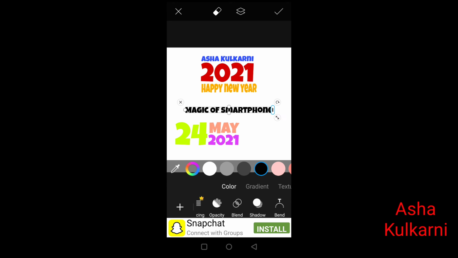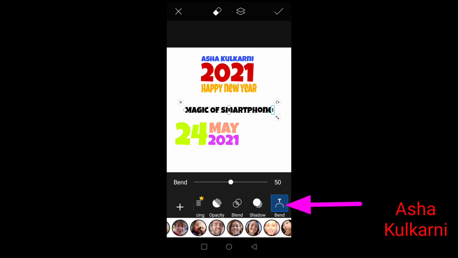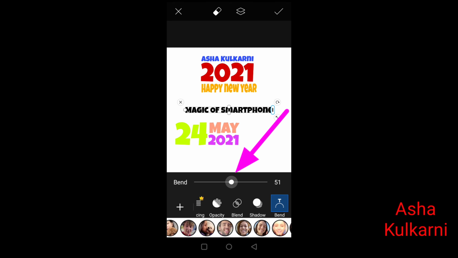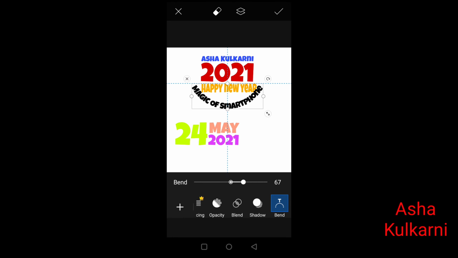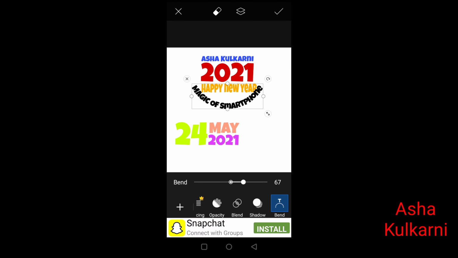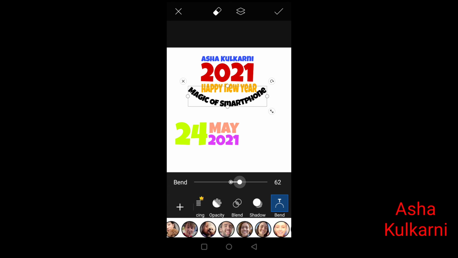नीचे down I am going to bend last. Bend करके now I am increasing. नहीं, not this way, I want this way. Okay, you got like this. I am dragging it little up here. थोड़ा touch हो रहा है तो bend थोड़ा कम कर रही हूँ. वो हैप्पी न्यू ईयर को टच कर रहा था तो थोड़ा कम कर दिया, थोड़ा शिफ्ट कर रही हूँ.